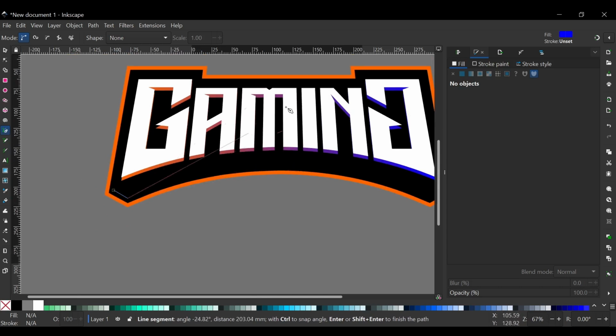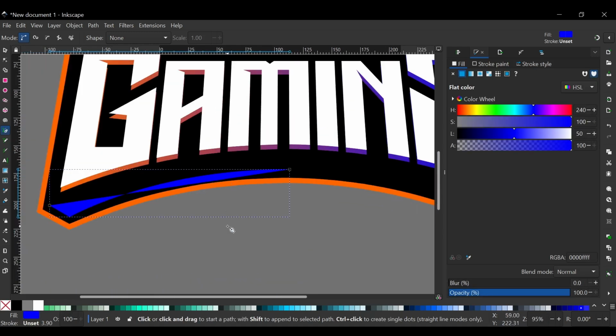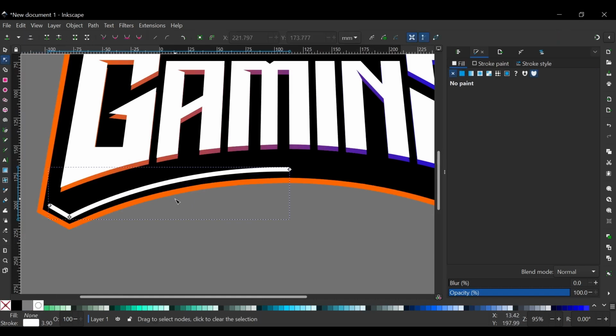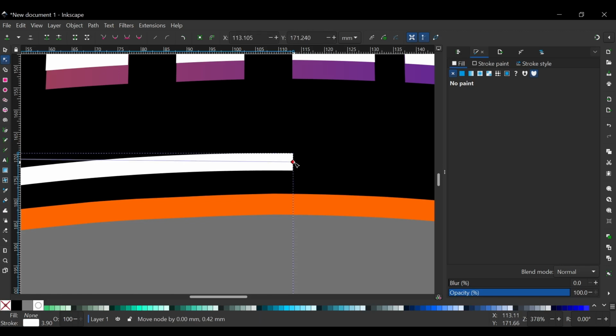And I'll come somewhere close to the center of this arch, and I'll just click right there, drag my mouse and just form a shape or a curve similar to the curve of the object. I'll actually remove its fill and I'll give it a white stroke for now. I'll press N to get the nodes tool and I'll click on that node, and actually you know what, I'll drag that node down by holding control on the vertical axis like that,